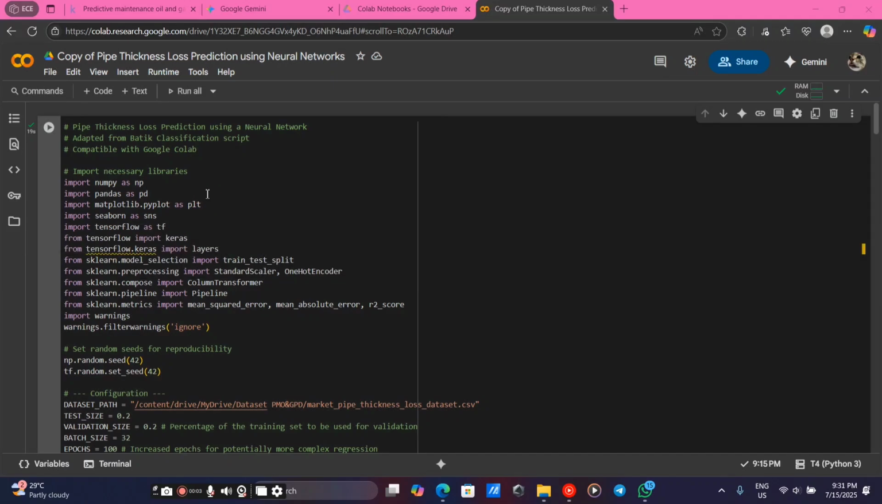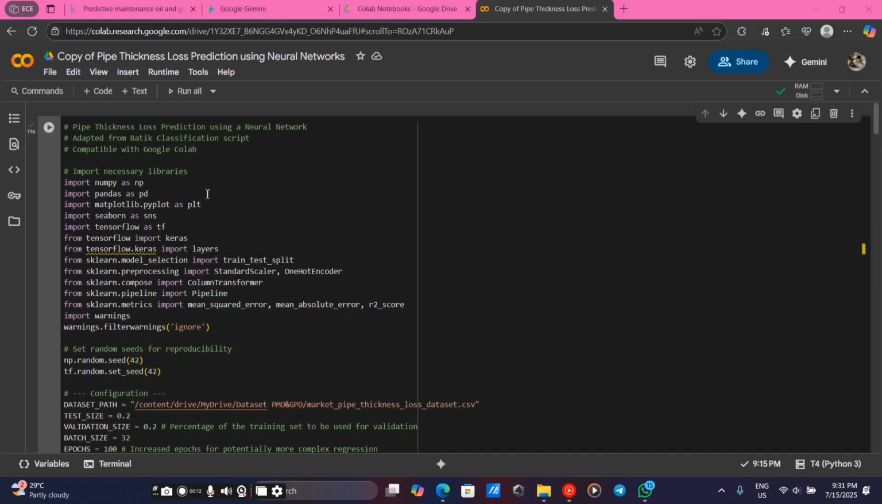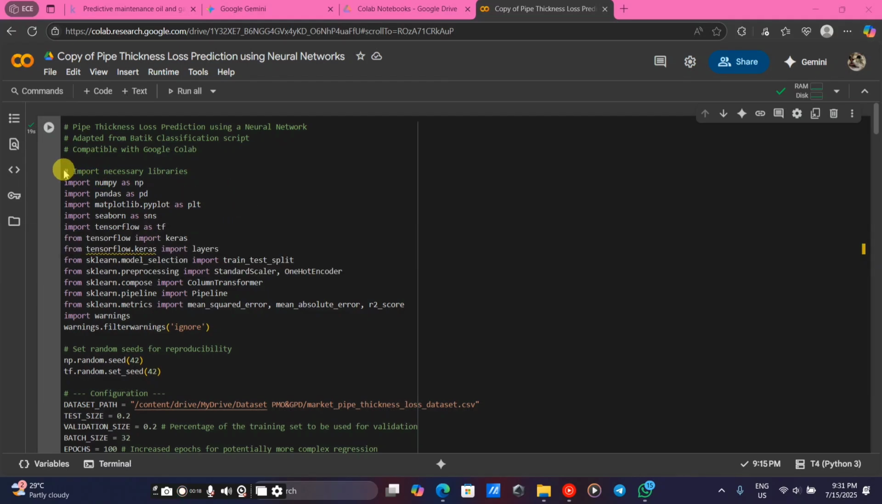So for the code walkthrough for this dataset, which is entitled Pipe Thickness Loss Prediction using a neural network. For the first part, which is initial setup and imports, the coding starts from this line, #import necessary libraries,